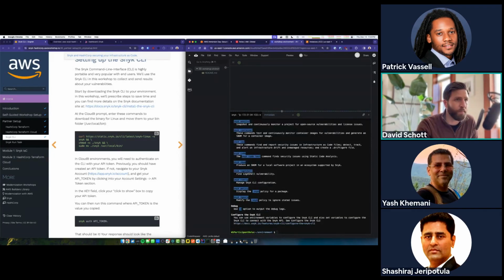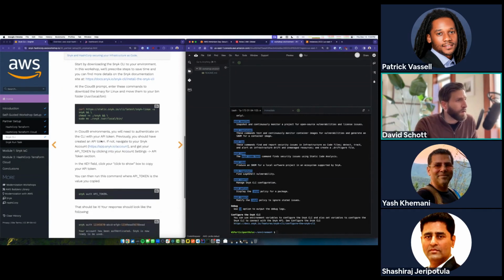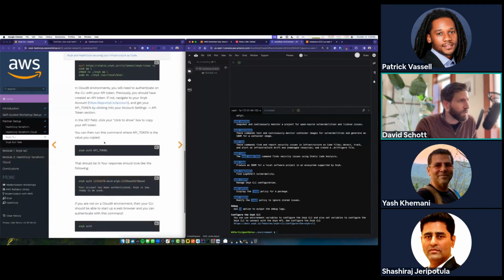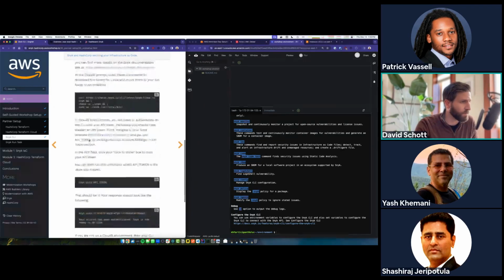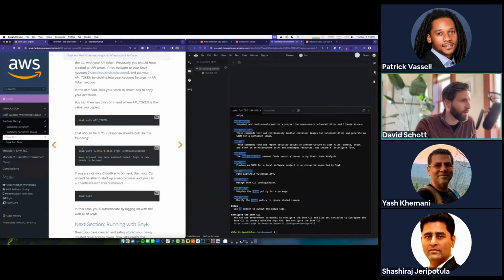Should look like that. And in order to use the Snyk command line, we want to authenticate it with our user account and our Snyk organization. So that's going to be a command that looks just like this. Sorry, jumps around a little. It's going to be snyk space auth space and then your API token. And there's no period at the end. So it looks just like this.